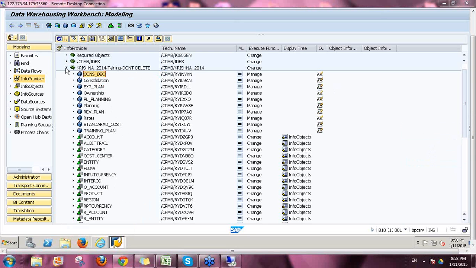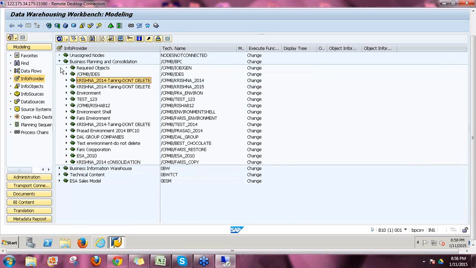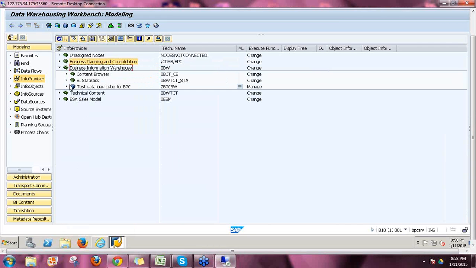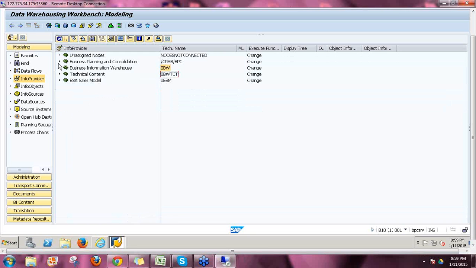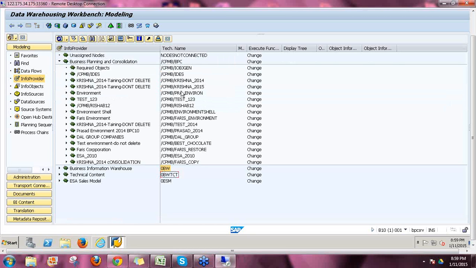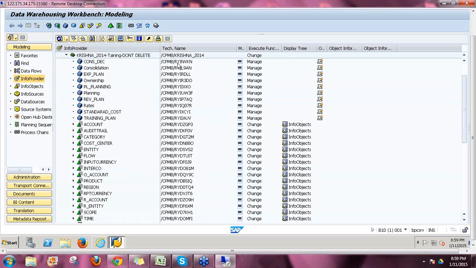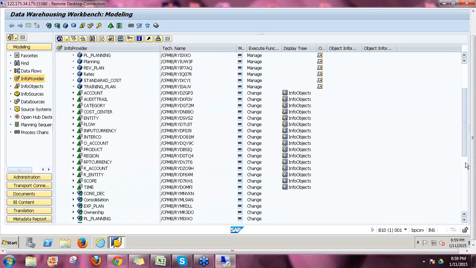And I'm just closing it to show you your normal BW cubes. If you normally log into your BW cube, this is a BW cube which I have created, ZBPCBW. So this is your normal BW area, and this is your BPC related area, which the system automatically creates, including the naming convention and everything. You need not worry about the naming convention, the system automatically creates it. And we discussed